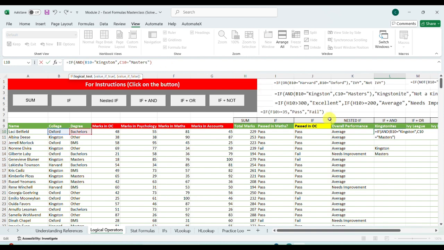So this is all about and. If and B10 is equal to Kingston and C10 is equal to masters. So what's the case? Comma. This is Kingstonite.